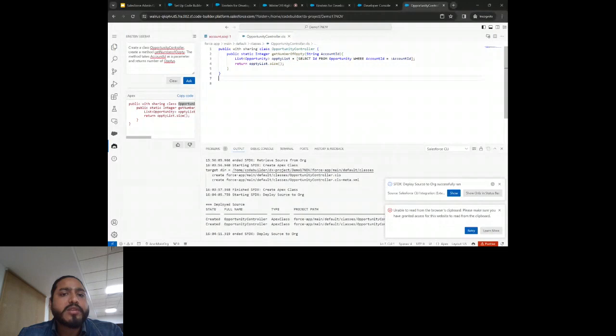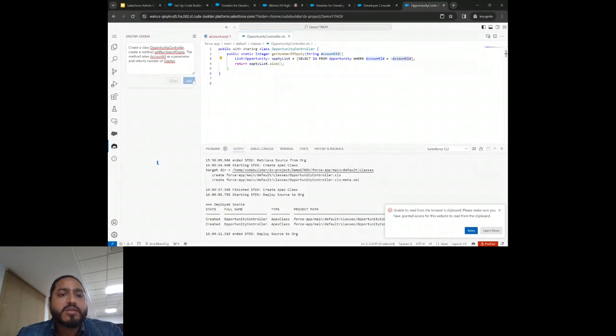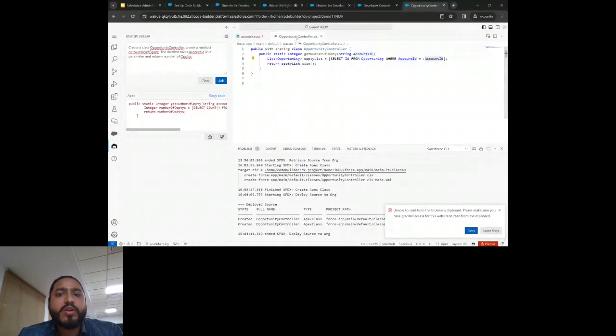So I just copy and paste this code, and you can see the code, get number of opportunities, and it is also getting, passing the account ID, and it's getting me the opportunity, and I did ask for the size, so it will be returning me dot size. So if I ask it again, guys, you can see that if I ask it again and the class is open already, it's pretty smart. It is not returning the whole code, it is returning only the method because we have already opened